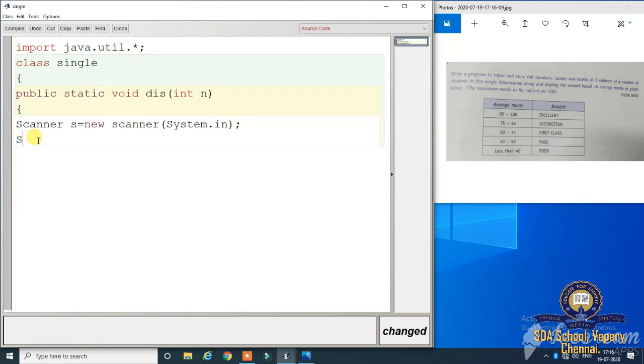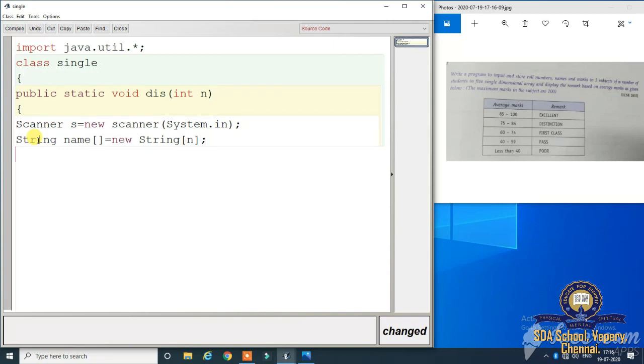First variable is name, String name equal to new String of n, because n number of students.